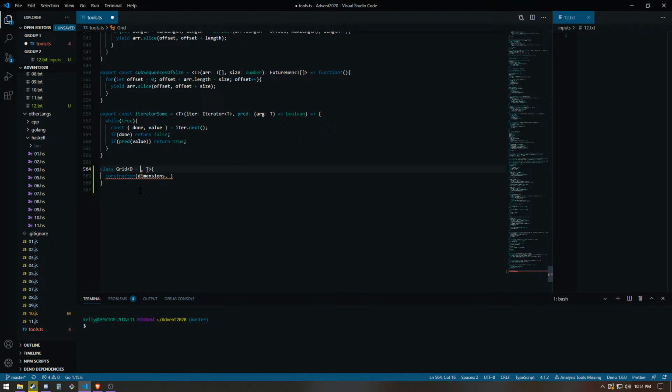Dimensions, let's just say it's 2 or 3. We'll say this extends 2 for now. Dimensions is D, and data is going to be